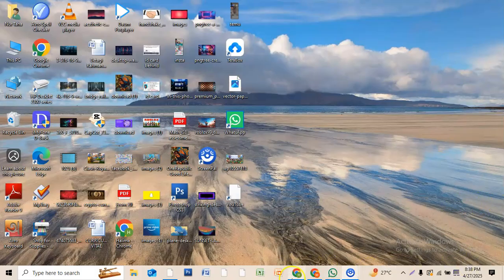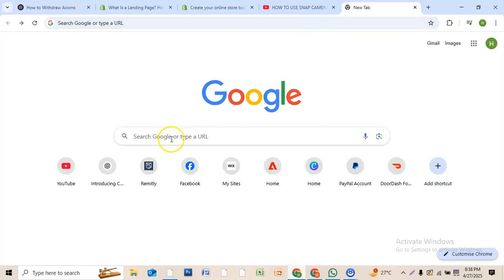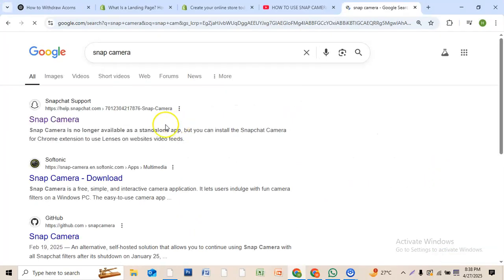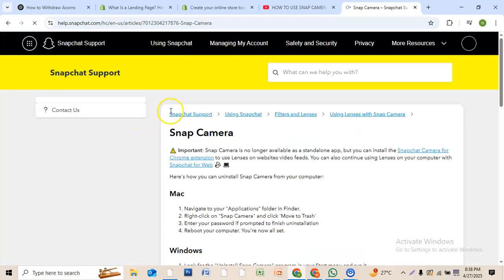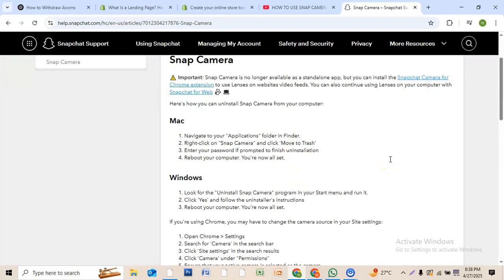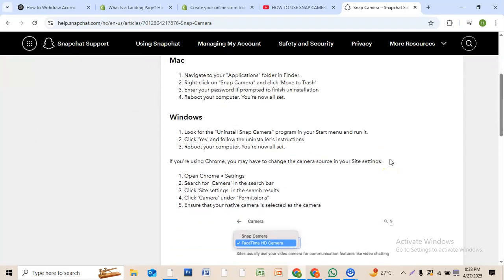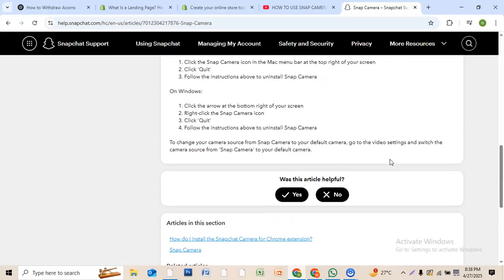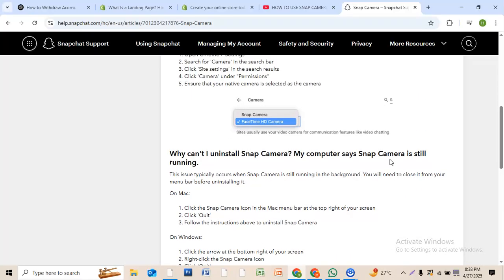To get this, first open your web browser and search for Snap Camera. Now go to the Snap Camera website, click download and agree to the terms of service and privacy policy, and then download the file for your system, Windows or Mac. Now open the downloaded file and follow the installation steps. Once it installs the app, the first time you open Snap Camera,